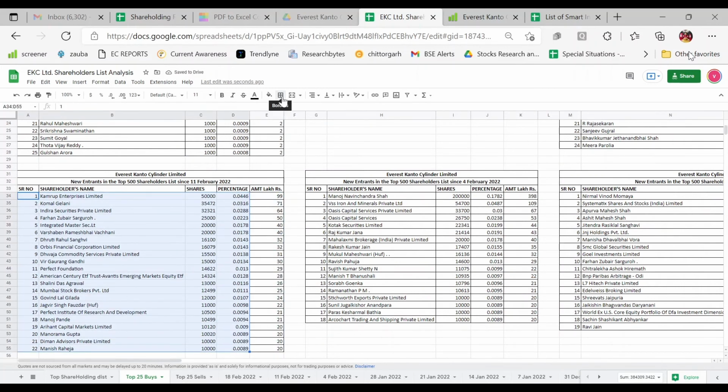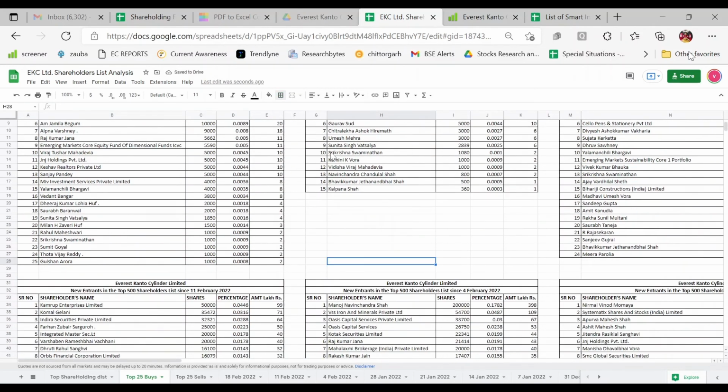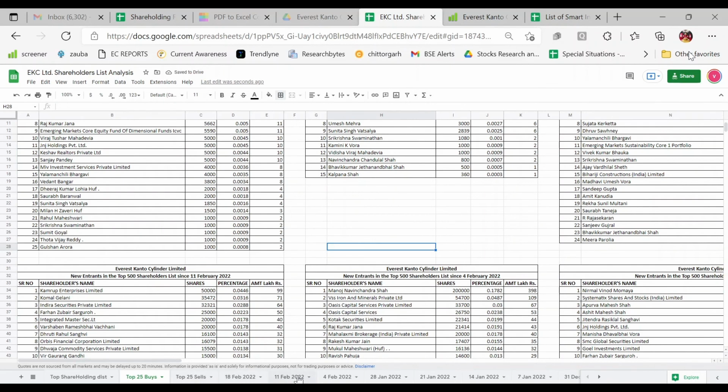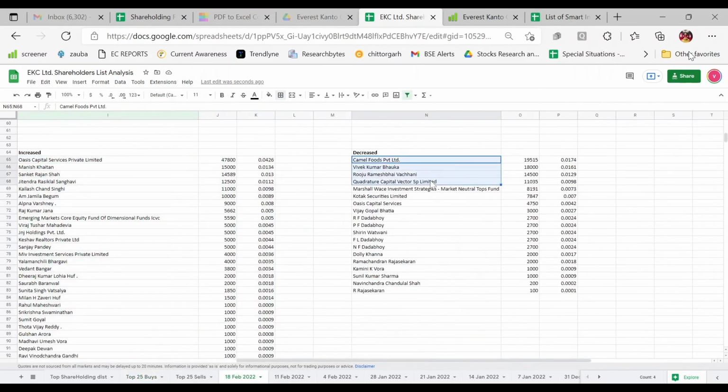Give them a border so they look good. I'll repeat the same process for the top 25 cells, and select the top 25 decreased and exits.